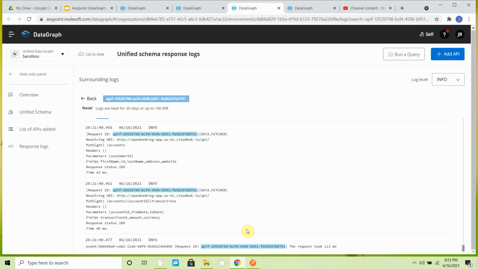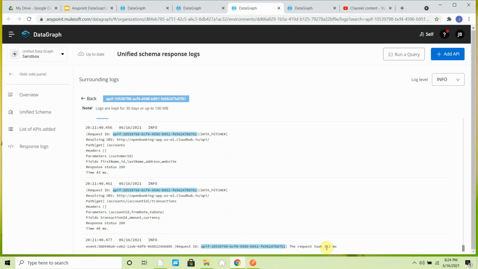So the total time taken to complete your request is around 130 milliseconds, which is nothing. It is calling 3 underlying APIs: accounts, transactions, and balances. We got the response back from the endpoints, then it aggregated the data and sent the response back to the client.